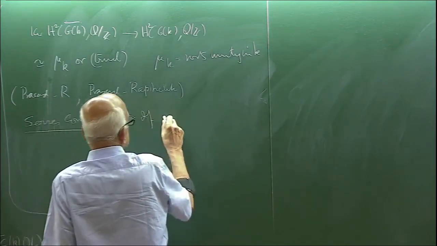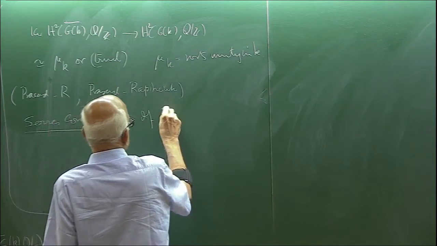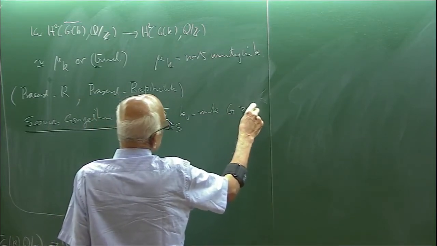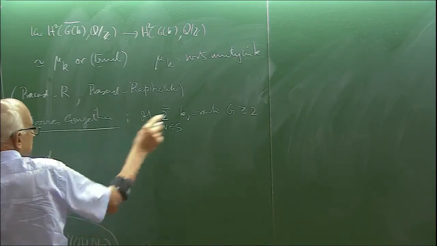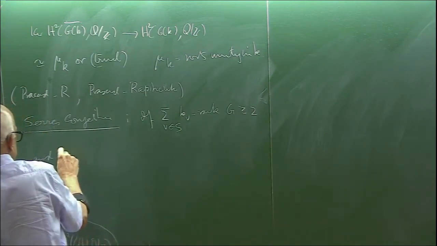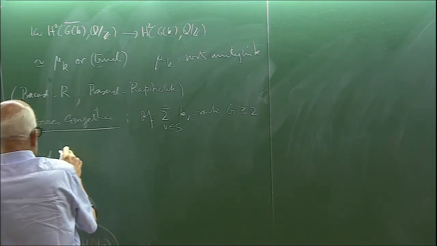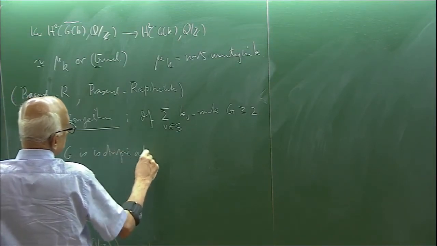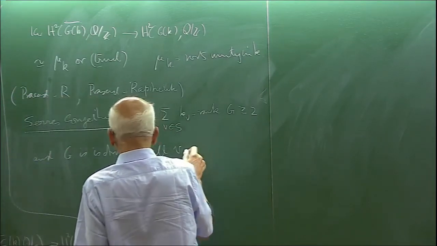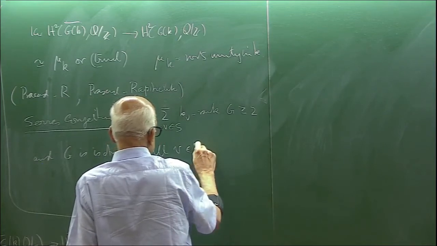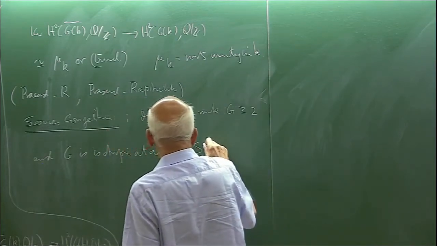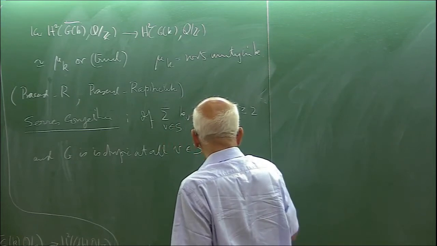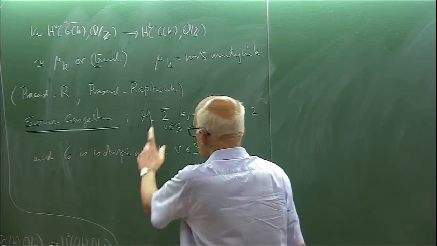If the sum over v in S of the K_v rank of G is greater than or equal to 2, and I'll explain what these terms are, and if G is isotropic at all v in S minus the Archimedean places, these are the Archimedean valuations, if these two conditions are satisfied, then